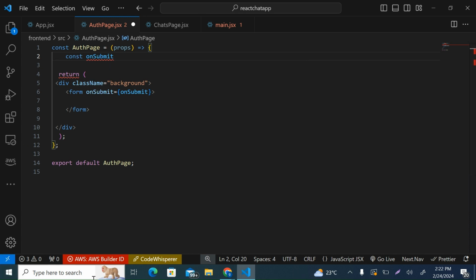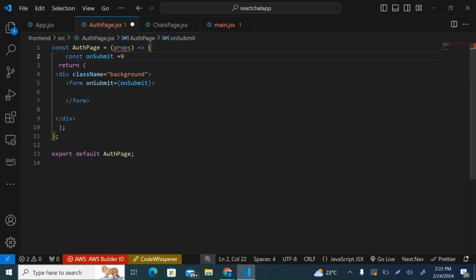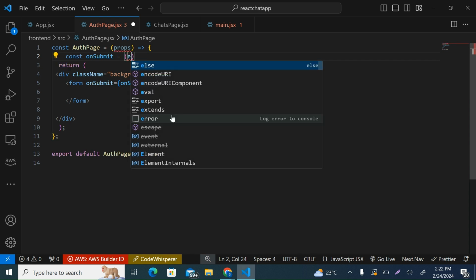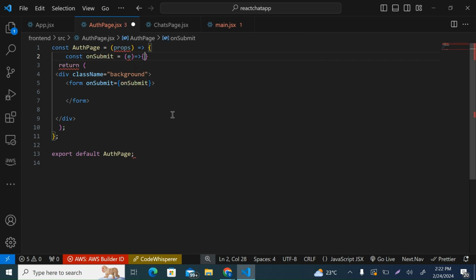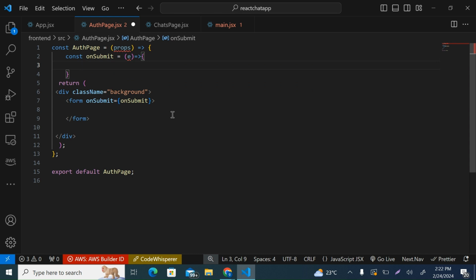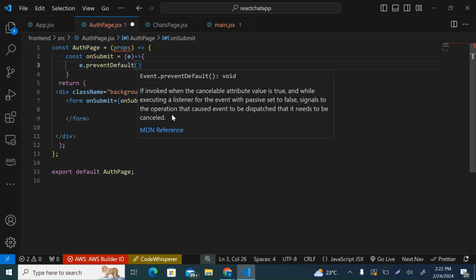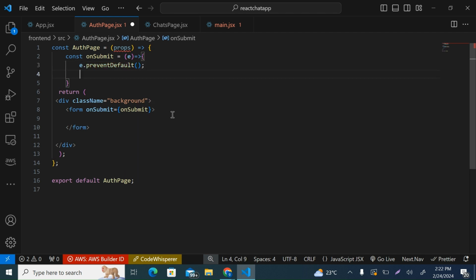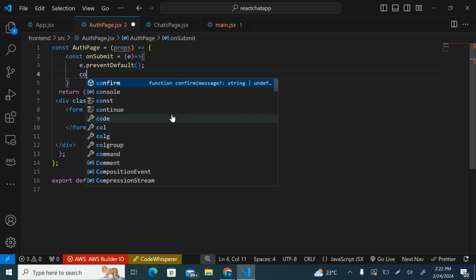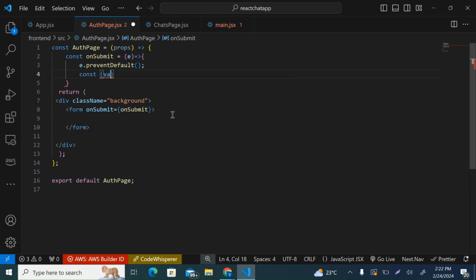And submit, and then it's an arrow function. Sorry, it's an arrow function. Yeah, it's an arrow function, and then of course I need to prevent the default behavior of the form, because this is a form. For some reason my tabbing is not working. So prevent default, and then of course we will need the value that comes in the form, and then of